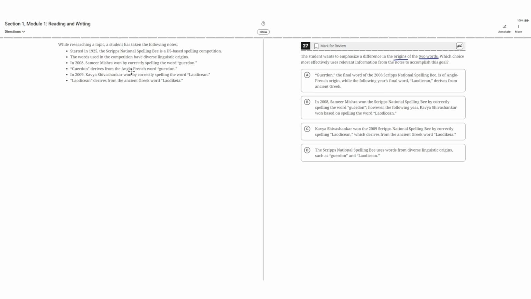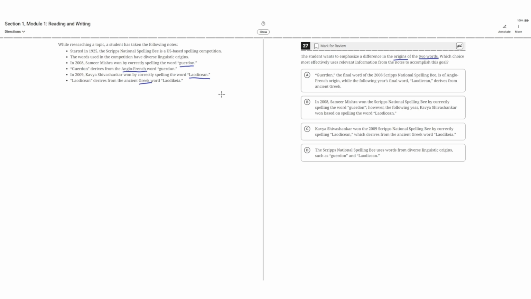Guerdon derives from the Anglo-French word guerdon with a U. In 2009, Kavya Shiva Shankar won by correctly spelling the word Laodicean. Laodicean derives from the ancient Greek word Laodikeia. So, the student wants to emphasize a difference in the origin of the two words guerdon and Laodicean. So guerdon has an Anglo-French origin, while Laodicean